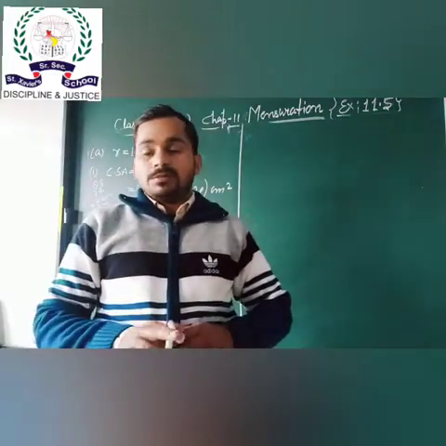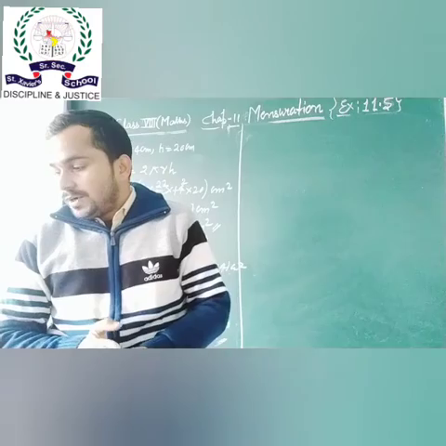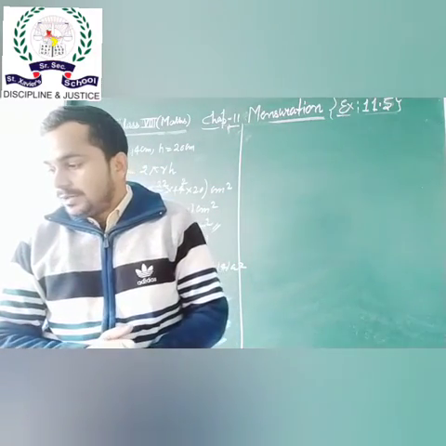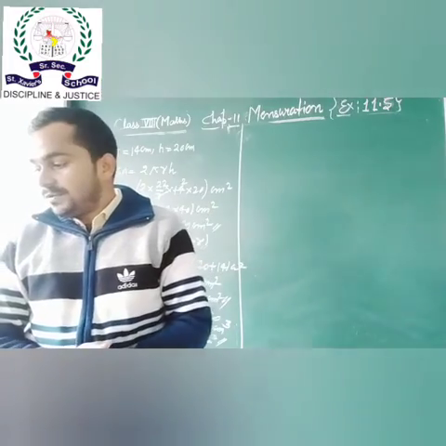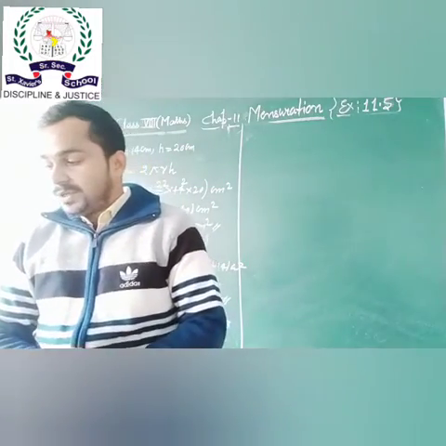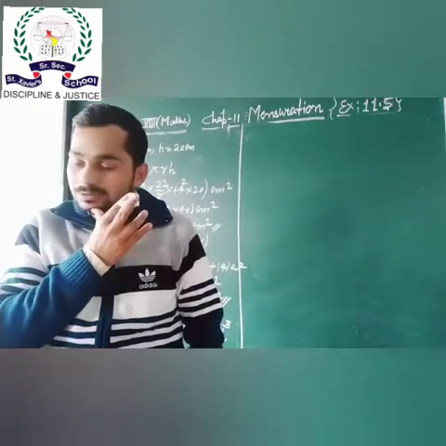This way you solve the remaining parts of question number 1, finding the missing values. Now question number 2. The radius of the cylinder is given as 5 and the height is given. Find the curved surface area and total surface area of the cylinder. So apply the formula, values are given. Solve the question by yourself.